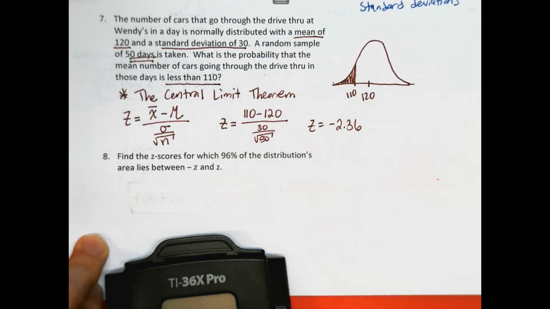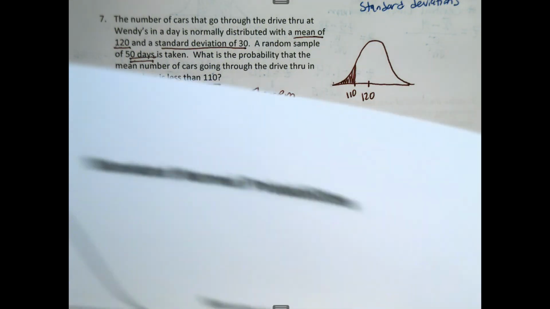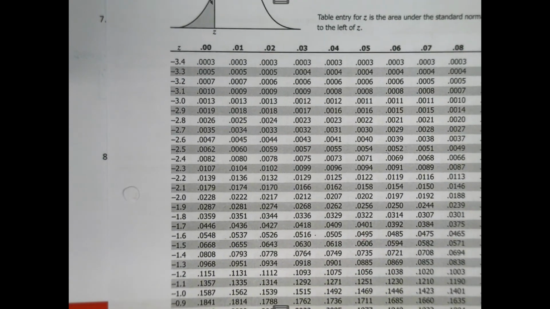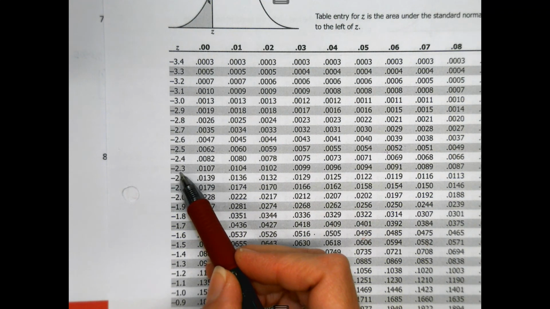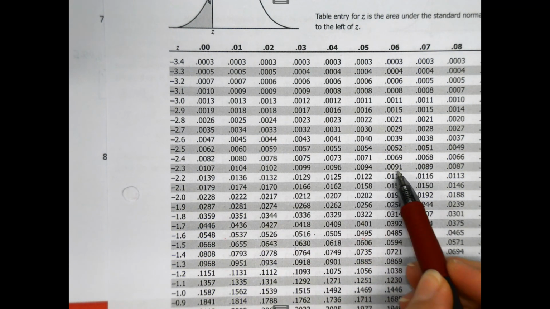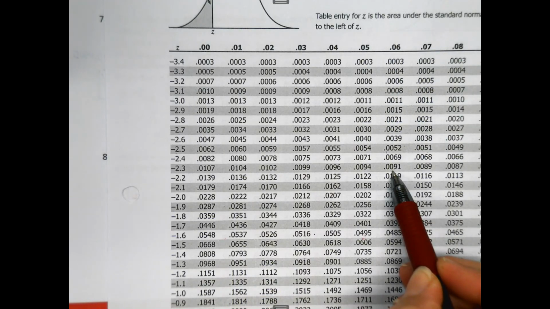And then all we have to do, since this is an area to the left, we just have to go to our standard normal probability table and find the value in the table. I'm going to negative 2.3 and across to 6. Our answer is going to be